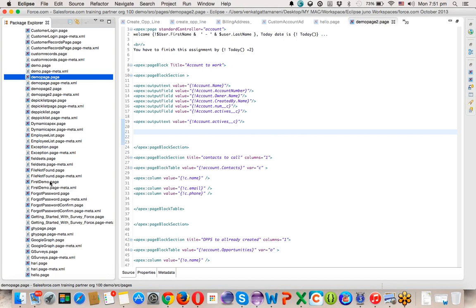If I am not doing any changes, there won't be local history. If I have done some changes here and I clicked on Control S, now a new copy is created. The first version, second version, like this. So Eclipse by default will store some number of versions, but if you are installing some plugin called SVN, a source control system, like any version control system, you're going to have a number of unlimited versions, okay, and you